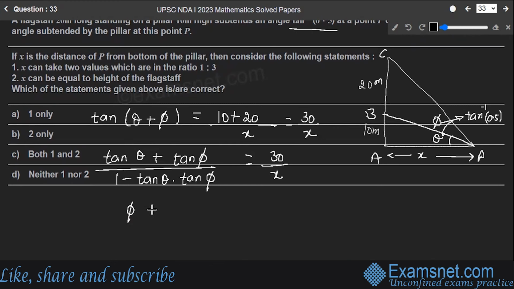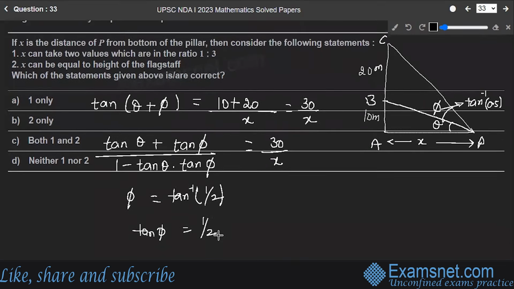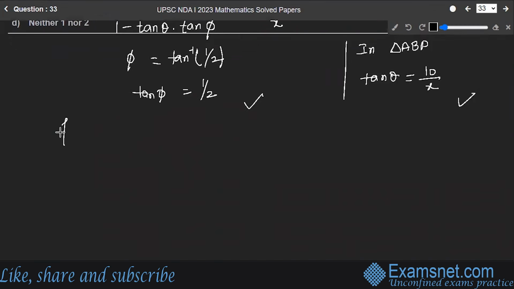Now phi is given to you as tan inverse 0.5. That means it is equal to 1 by 2, which gives tan phi is equal to 1 by 2. Okay. And one more thing, if I'm taking the triangle ABP, let's do it here. In triangle ABP, tangent of theta is equal to 10 upon x. Now let's fill both of these values in equation 1. So filling values